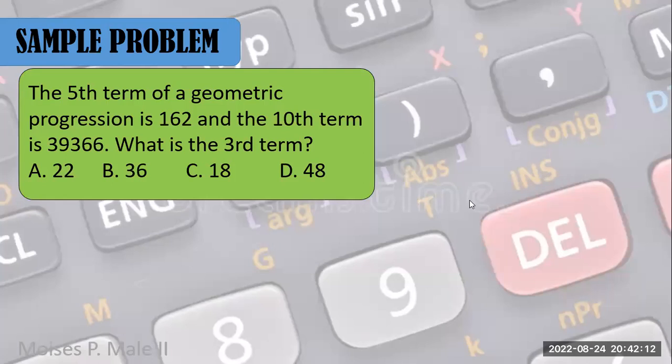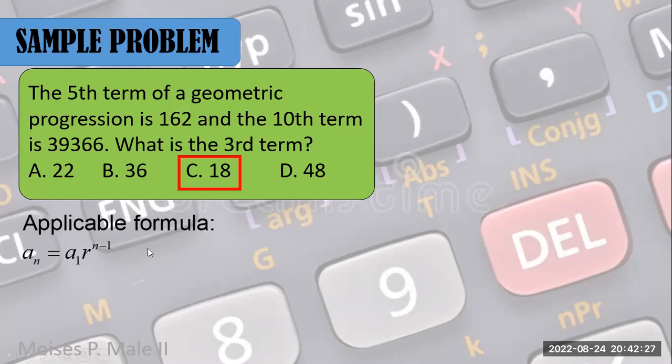Okay. Kaya nito, no? Fifth term of a geometric progression is 162 and the 10th term is 39366. What is the third term? So, pag geometric progression, applicable formula natin, ano? That's a1 r to the n minus 1. Okay, so this is an exponential form. So, what you're going to do is,